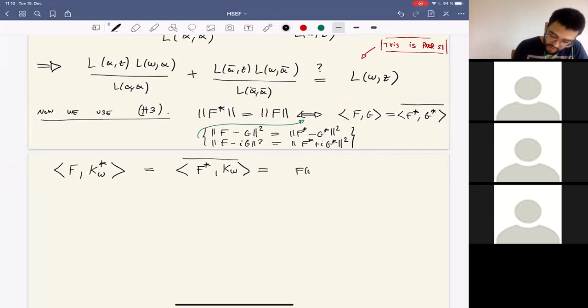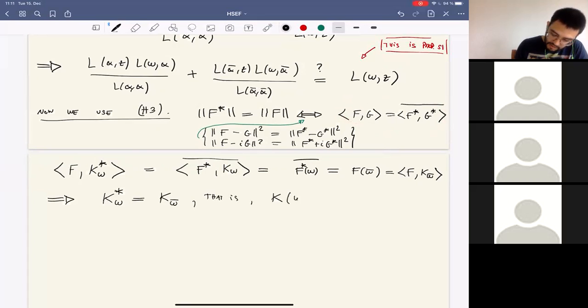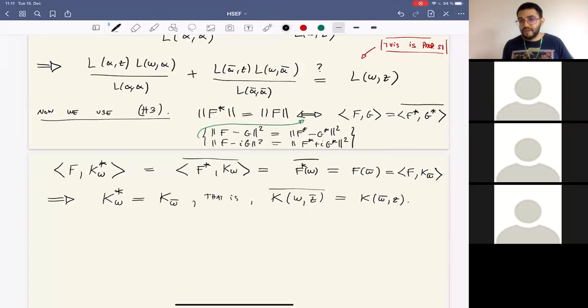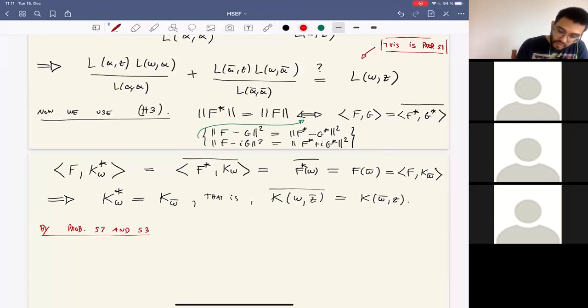Okay, but this is then just evaluation of F star at W and bar, which is just F W bar. But this is also just the inner product of F with KW, bar. Okay, but since this is true for any function in the space, it implies that KW star equals just KW bar. That is, KW of Z bar is just KW bar of Z. Again, a property that is satisfied by a kernel in the Bern space. Okay, so now we can apply problems 52 and 53. Okay, so what they say is that whenever you have a reproducing kernel,